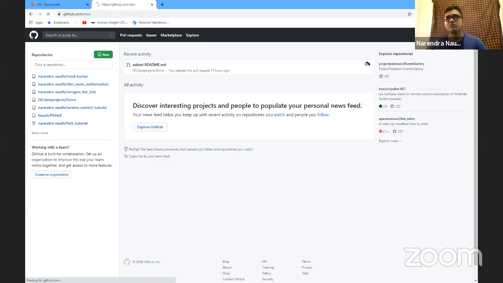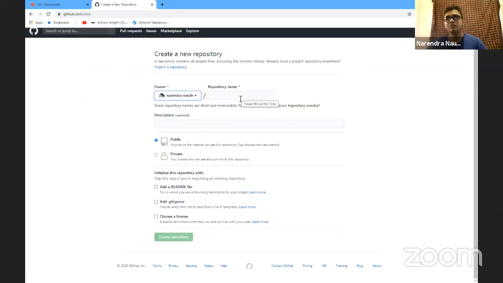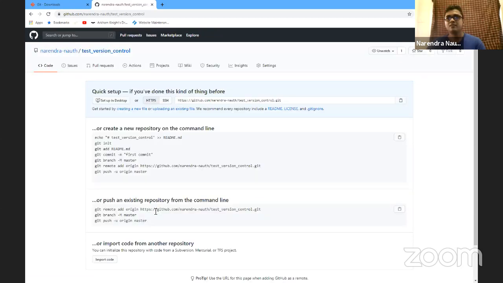So if I hit new repository, I can put in a repository name, description, and add a README. In this case, I could create a repository called test version control. And it checks to see the name to ensure that it does not conflict with anything else. And I create a repository. From here, as noted by the instructions here, you have the repository